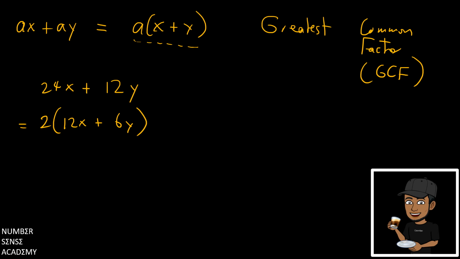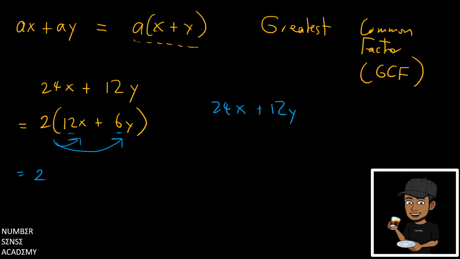And if you were to re-expand these, I'm going to do 2 times 12x. Using the distributive law, I'm going to end up with 24x plus 12y. So that's the key thing. If you write in factored form and then you re-expand, you should get back where you started. Well, here's the deal. If I look inside the bracket,